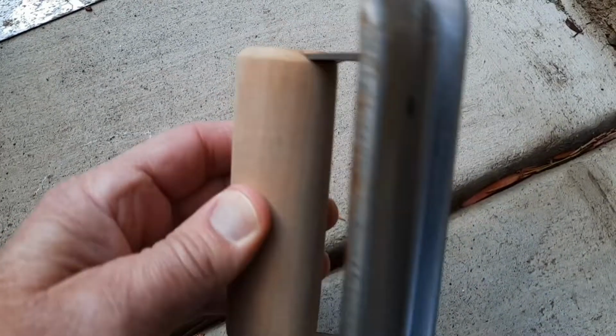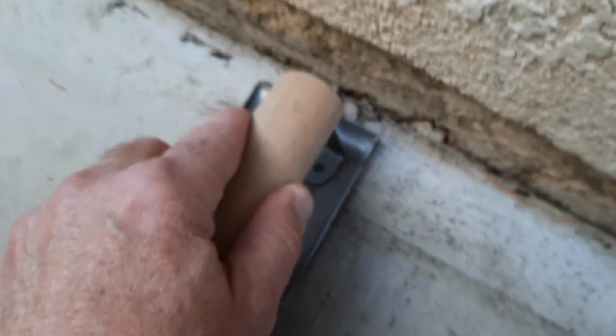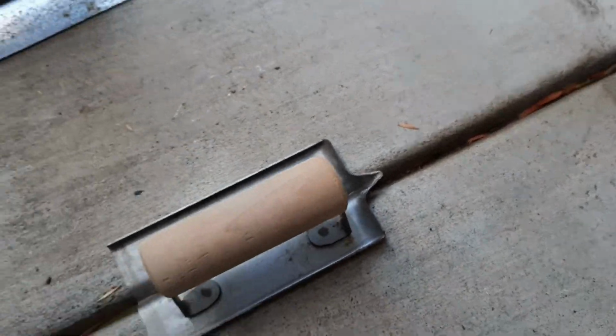And it's basically got a little groove in the end and allows you to get up really nice and close to structures or other areas. You can tip it, and there's techniques to make that happen that we'll talk about as we go forward. So coming back over to our project,